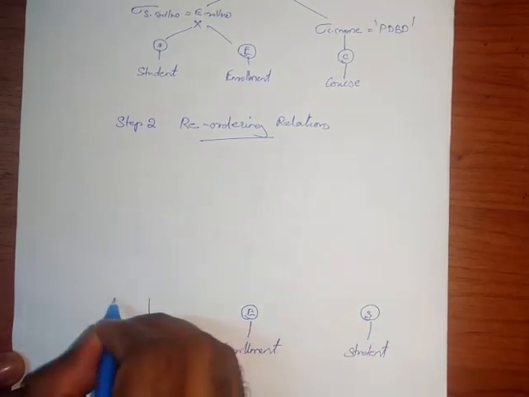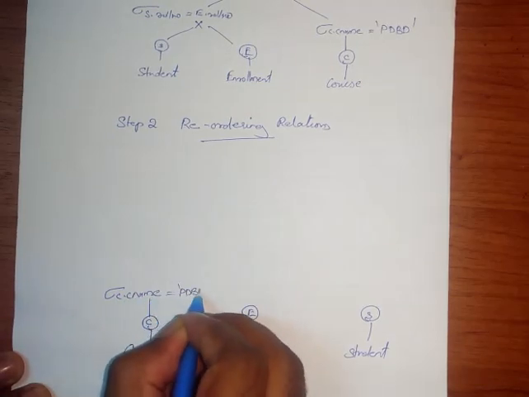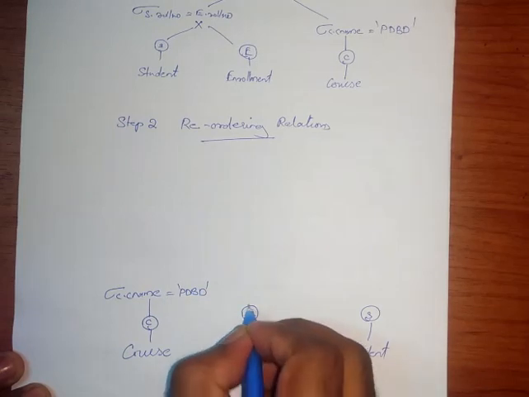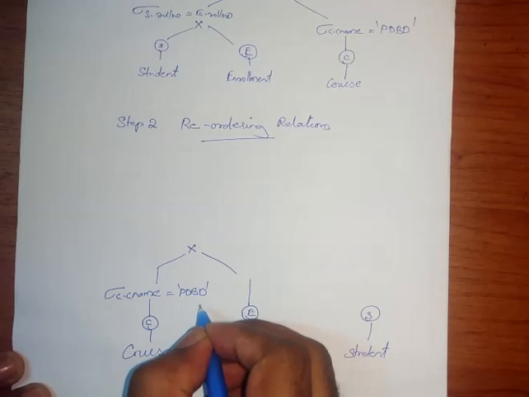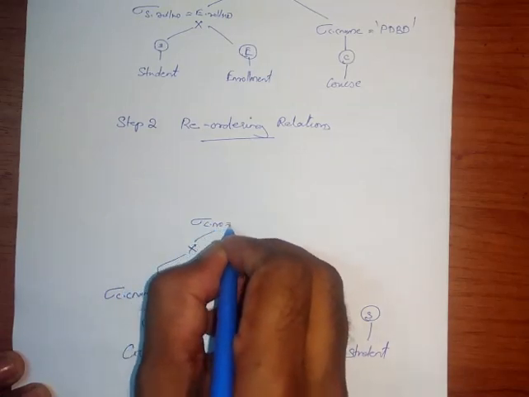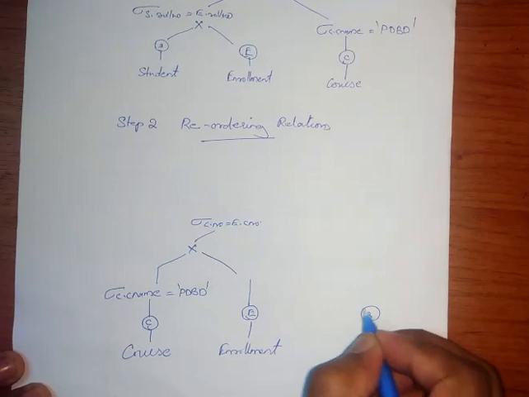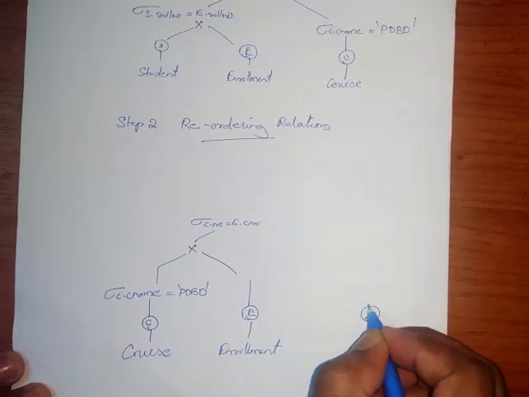Okay, so then we can see there is a selection condition on the course table. We have to do this process: C name is equal to PDB. We require only the courses named PDB. Then we need to cross the result coming from the left branch with the enrollment table. After doing that cross operation, we need to do the selection operation. So the selection condition is C dot C number equal to E dot C number, and that is how we first joined these two branches.